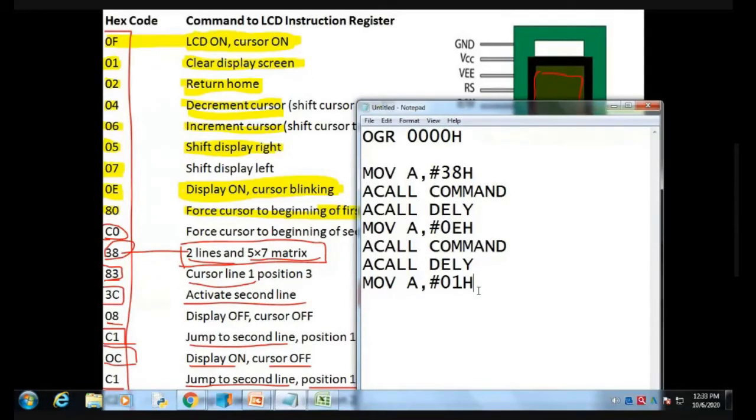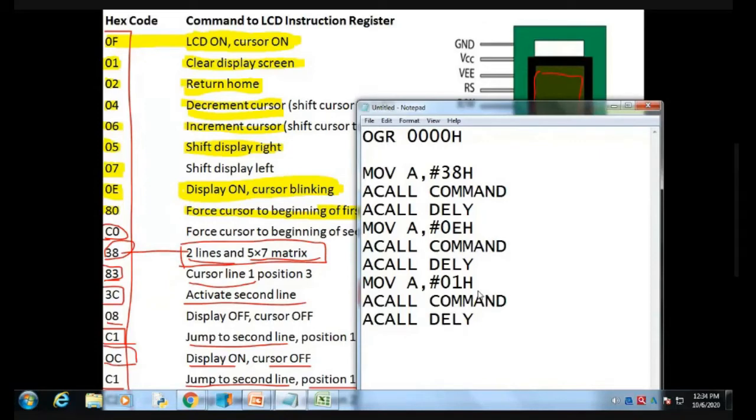Then we again have to make the call command, because this is a command which we have to define. And after the operation, we have to make the delay.